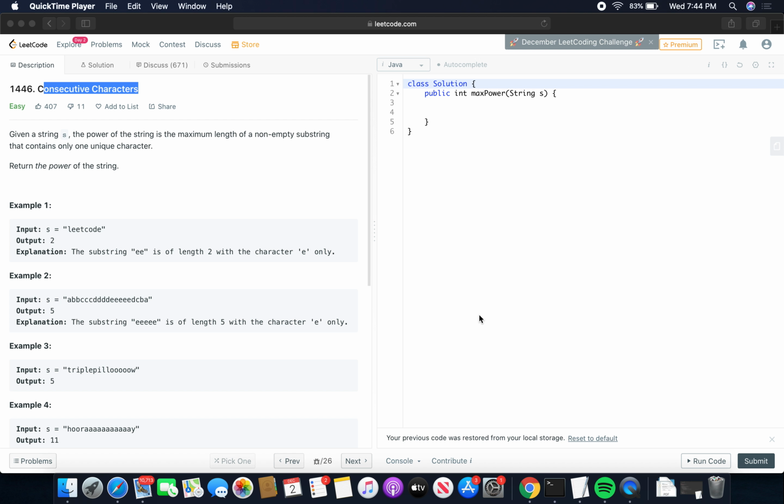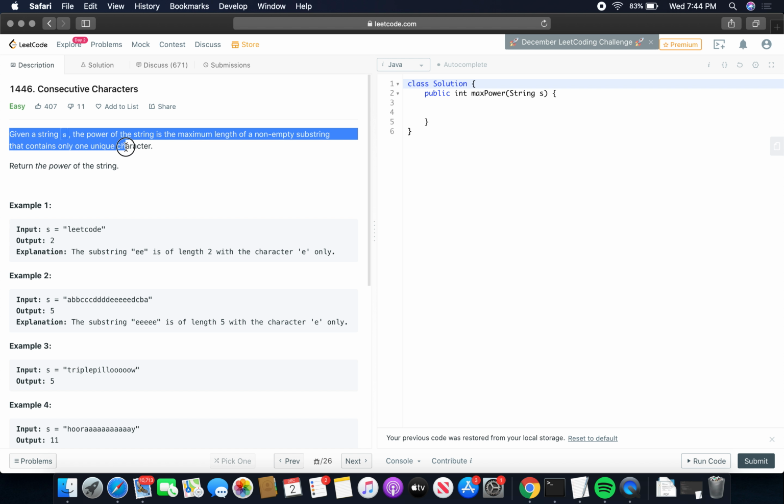We are going to see problem number 1446, that is to tell the number of the consecutive characters in a string. So basically let's read the question. Given a string S, the power of the string is the maximum length of a non-empty substring that contains only one unique character. That is, we have to tell the non-empty substring that contains only one unique character. So for example,